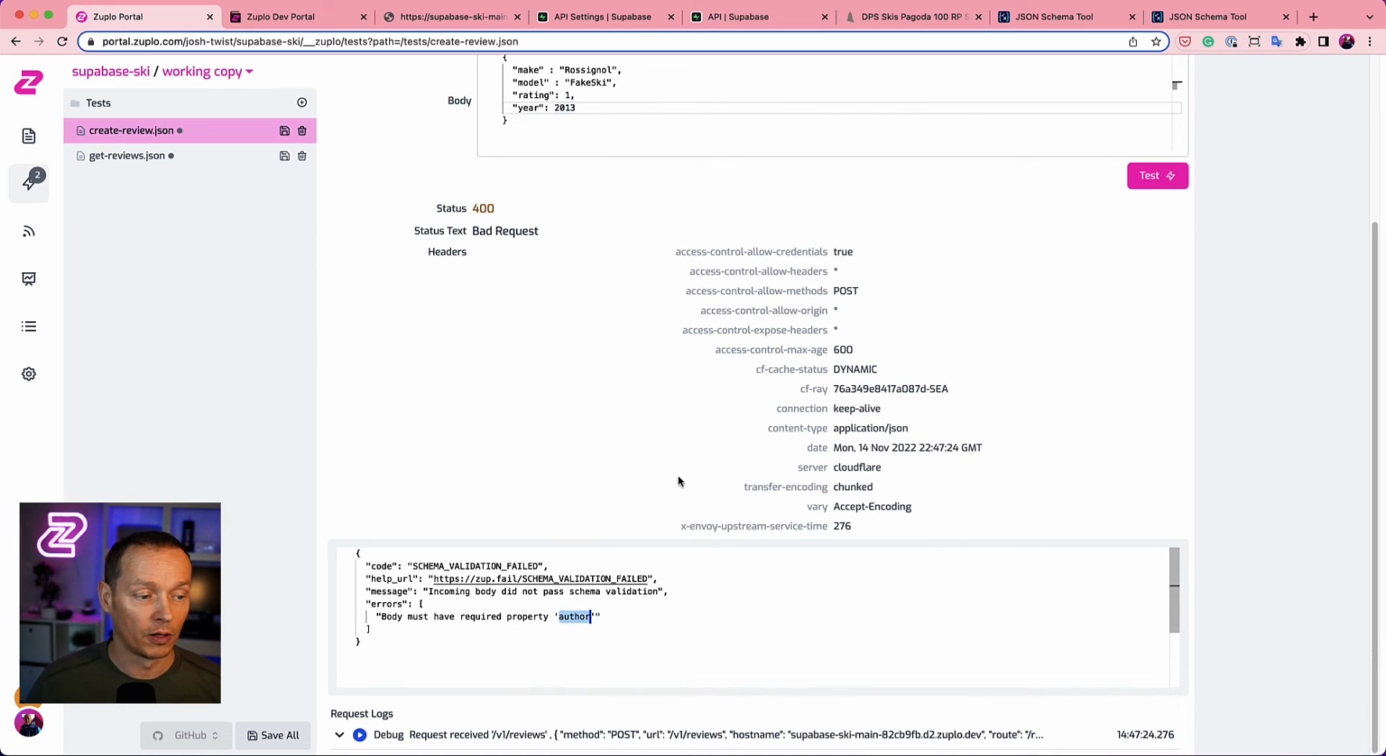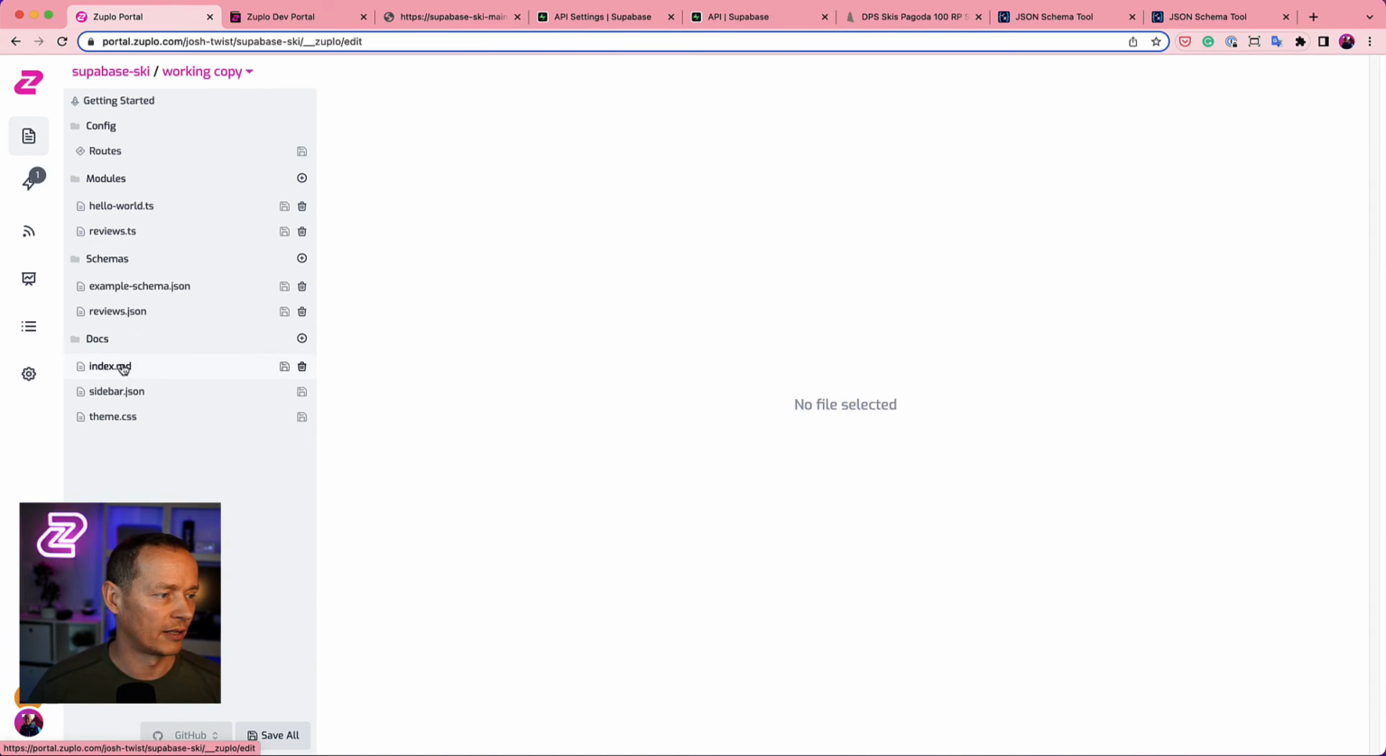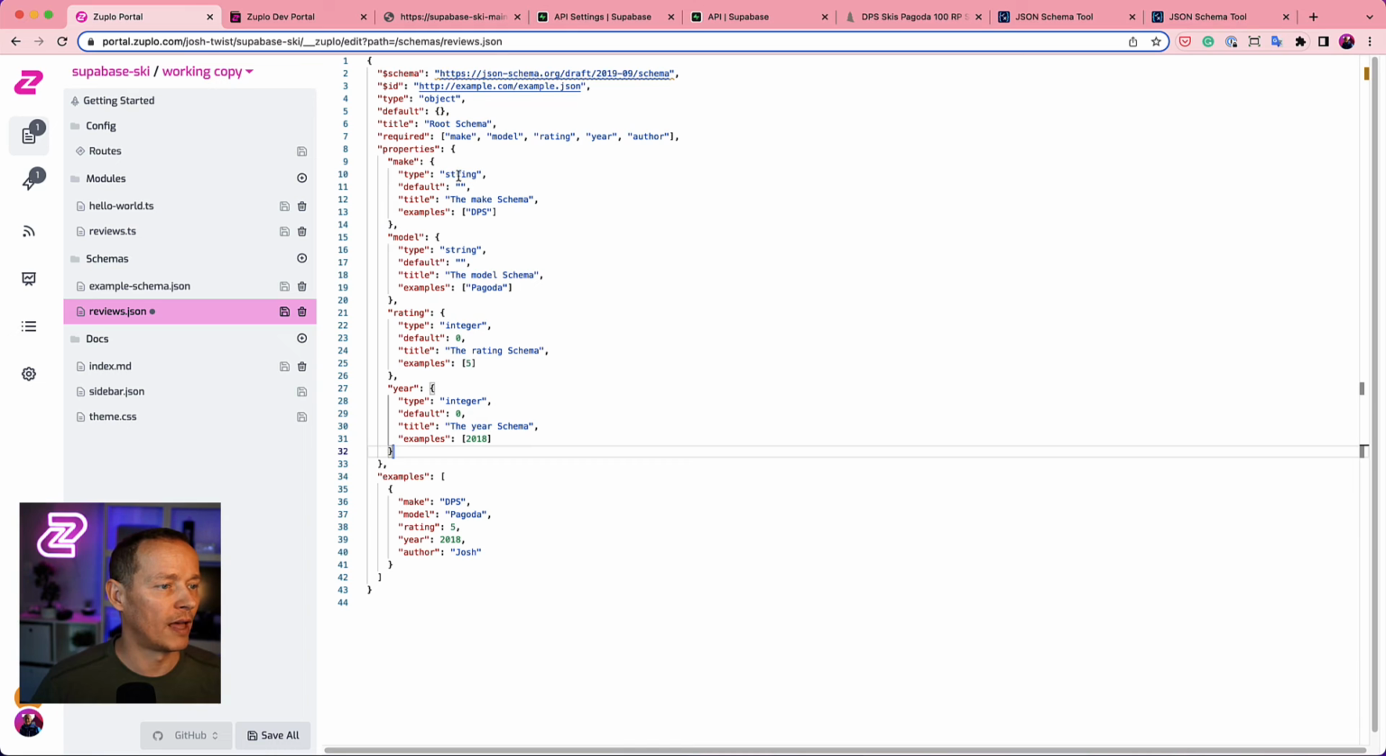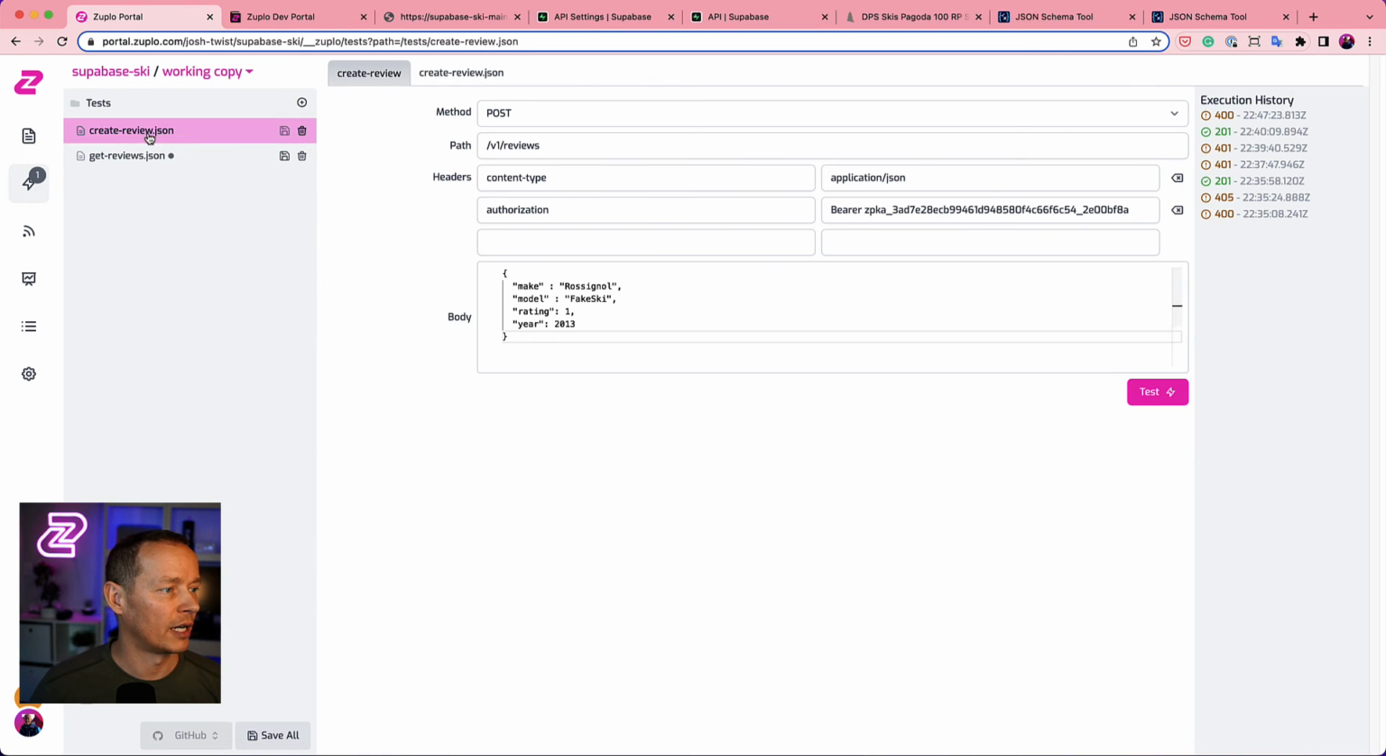Yeah. So my JSON schema validation's kicking in. It says you need an author. So I just need to go and change my JSON schema to say author isn't required anymore. So here it is. If we look in here, we'll see the author field. Let's remove that and remove it from the required fields up here. Hit save and we should be good. And if I go back and try again,